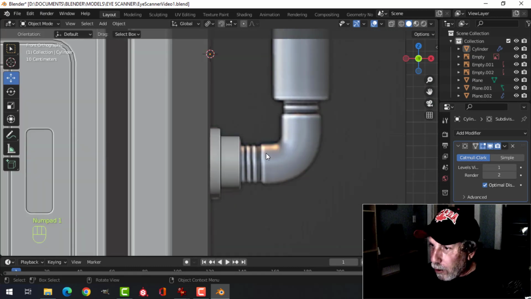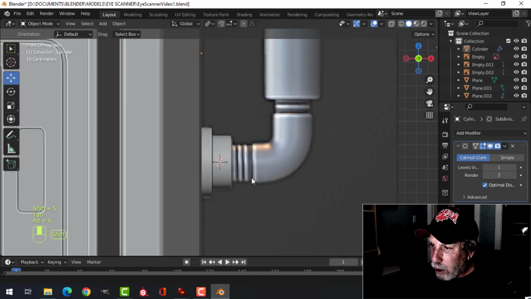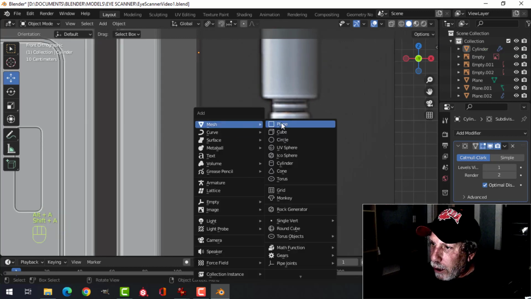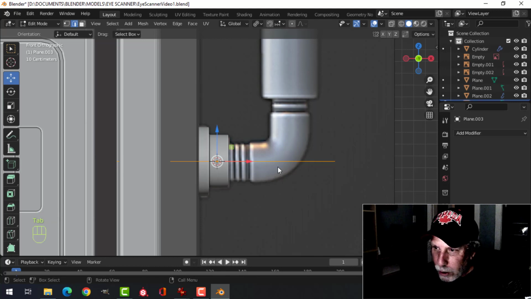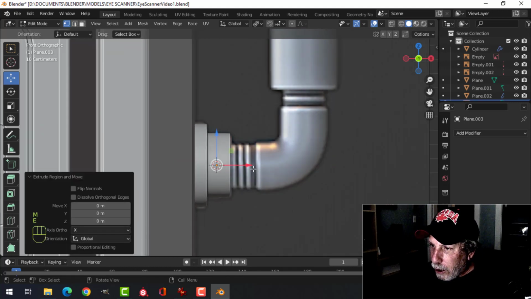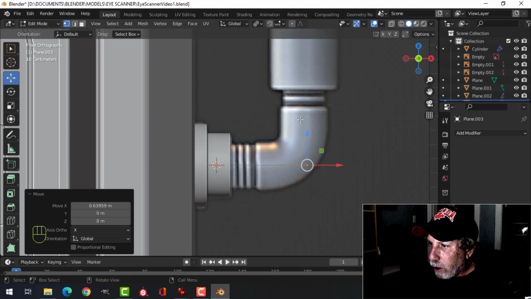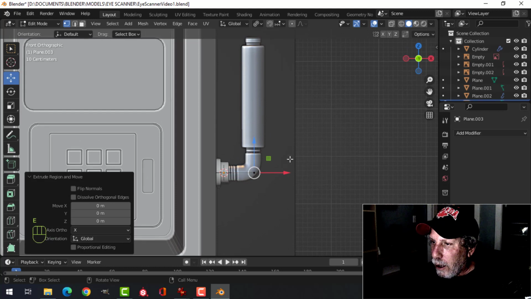Now I'm going to do the other part of the pipe, this part here. So I'm going to select it all and Shift S cursor to select it to bring the 3D cursor there, and then bring in a plane, and we'll make a curve out of this. 1 for vertex selection and merge at center. E to extrude and pull out to about here, where it's going to go up straight. E, I'm going to come up,